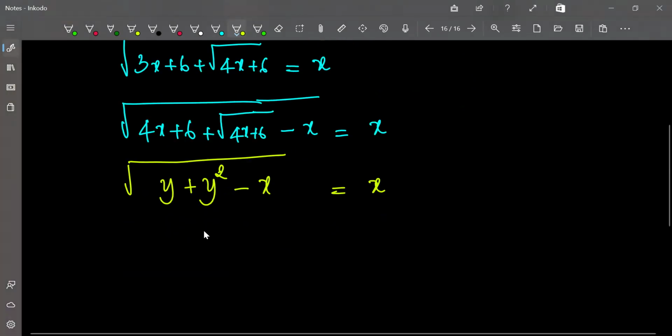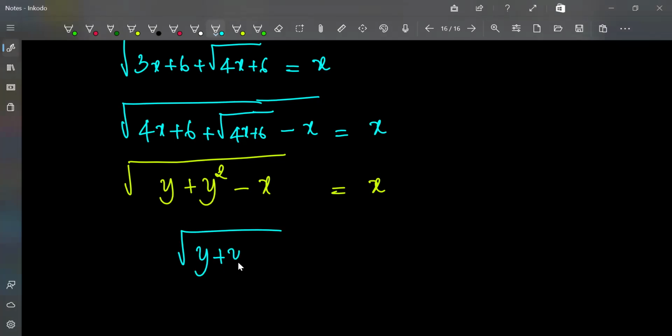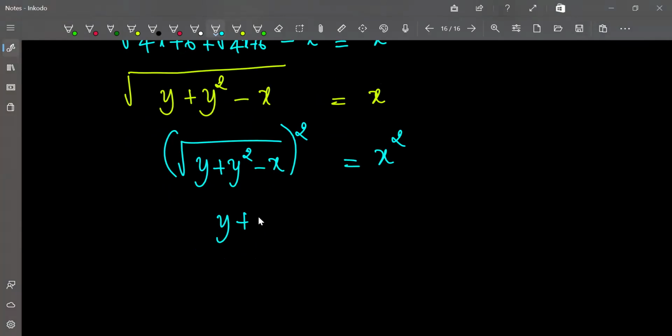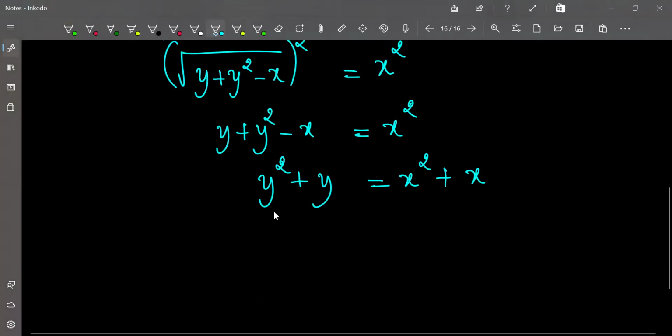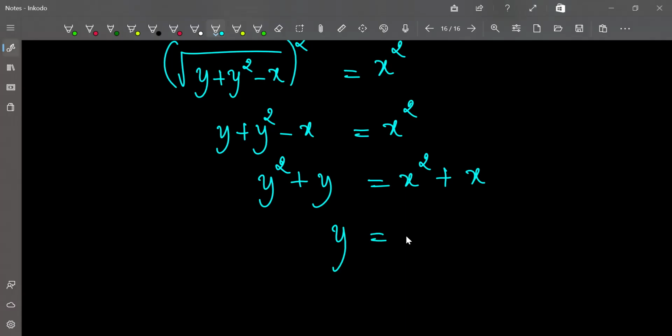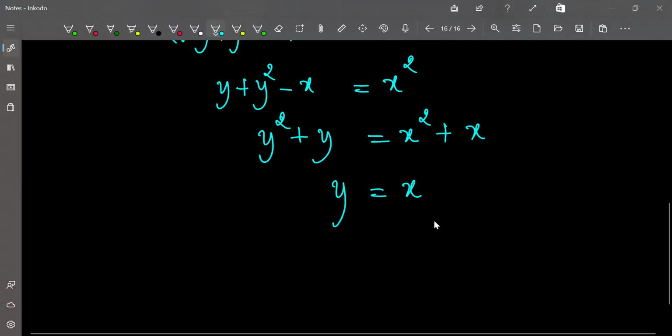Then we can raise both sides to the power of 2. So we can write the square root of (y plus y squared minus x) squared equal to x squared. Okay, then y plus y squared minus x is equal to x squared. So we can write y squared plus y equal to x squared plus x. So we see that y squared plus y and x squared plus x is the same expression. So we get y equal to x. Okay, so since we know that,